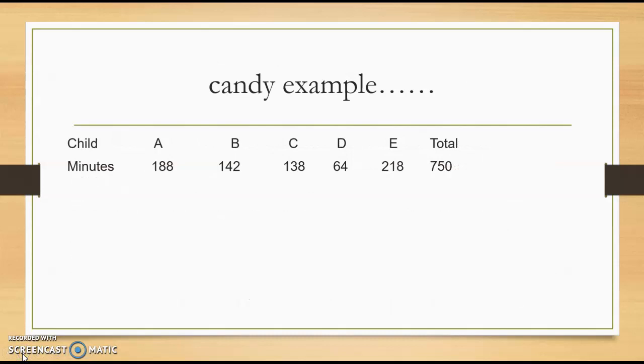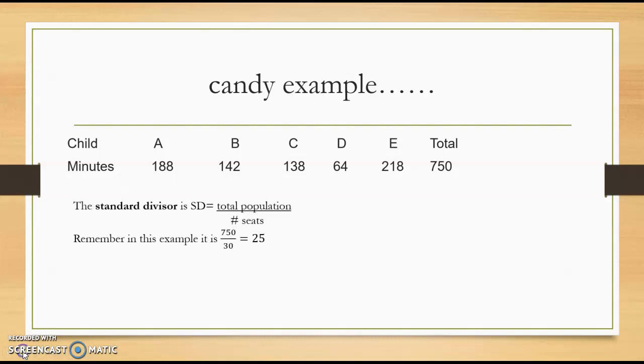Here's an example. Suppose a parent is giving away pieces of candy amongst 5 children based on the number of minutes they read that week. And so here are 5 children, A, B, C, D, and E, and the minutes that they've read throughout the week. So if we want to divide 30 pieces of candy, suppose, the first thing we want to do is